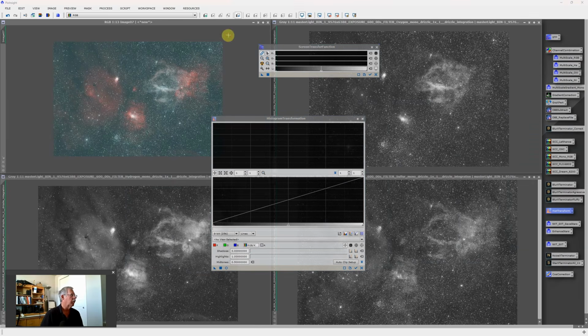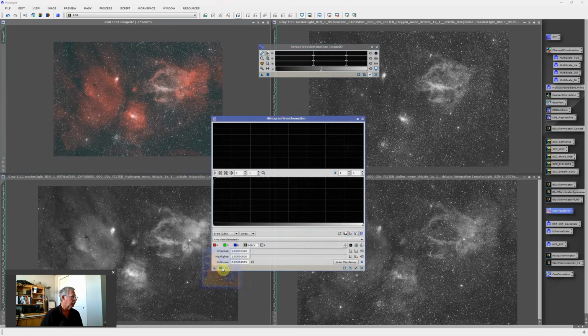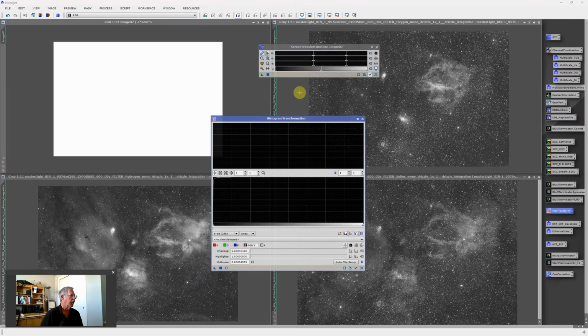So we'll start with the HOO image. I'm going to click on the radioactive button to update the stretch. So that's what the image is going to look like when it's stretched. And then I'll just drag these settings down to the histogram transformation, click the square to apply them, and then move on to the next image, update the screen transfer function, drag the triangle down, apply those,